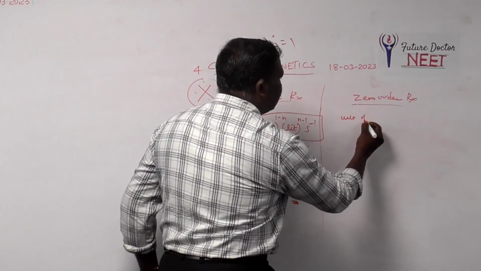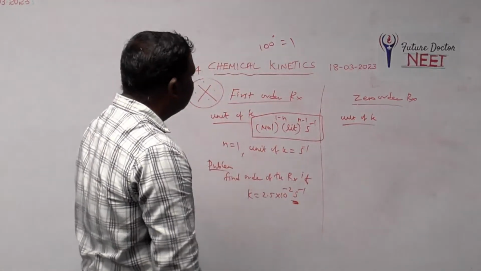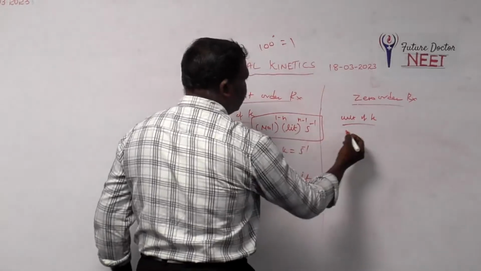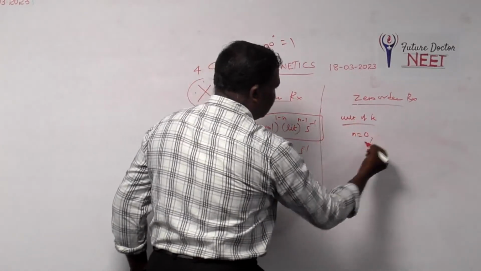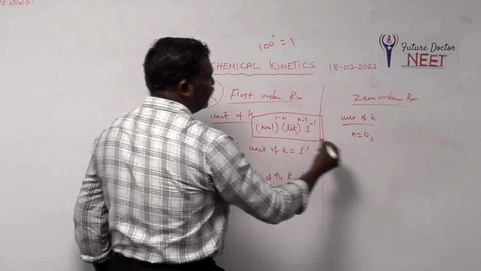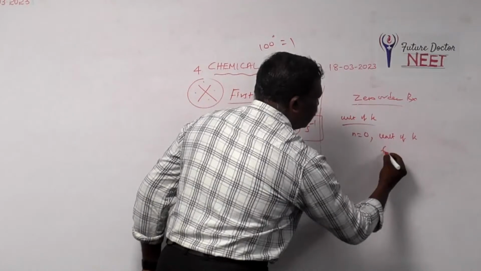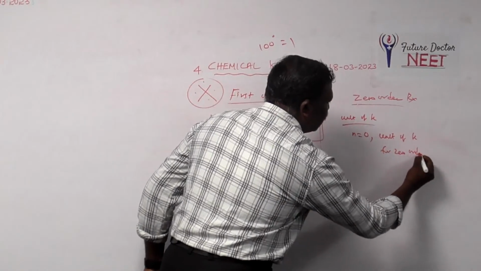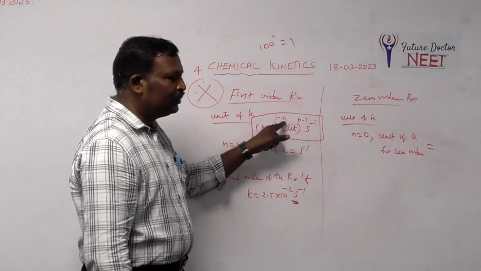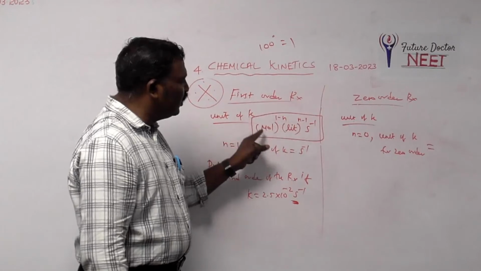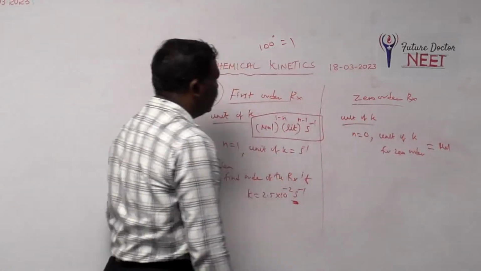Unit of k. Zero order also, just write. What is zero order? n is equal to what? n is equal to zero. Therefore, what is the unit of k for zero order? Tell me. Zero, no? Only mole will come. Mole, then